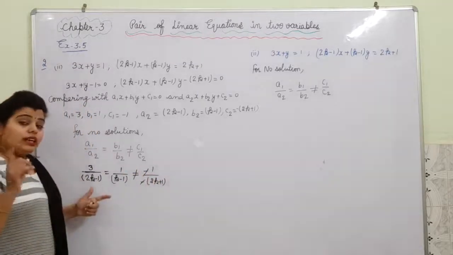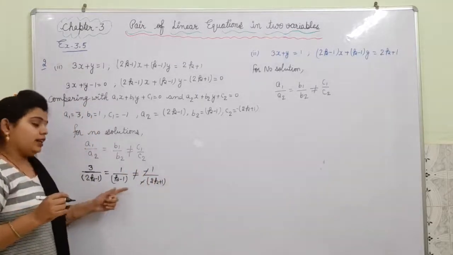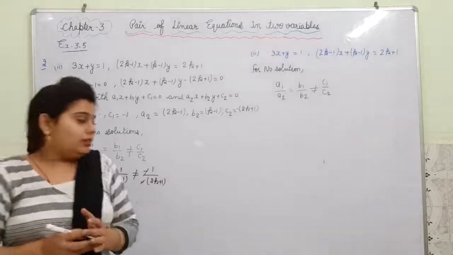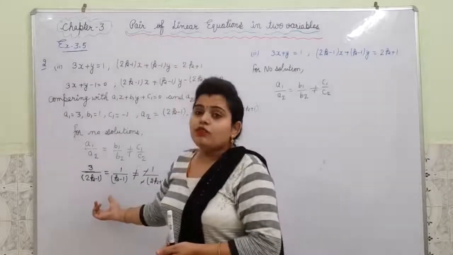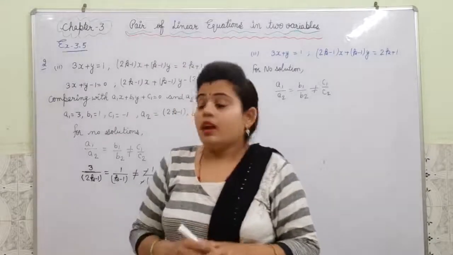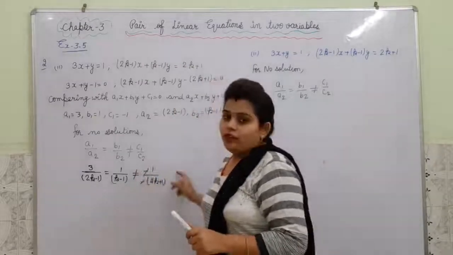Now dear students, again there are three parts, first, second and third, but there is a difference in this part. We can find the value of k using the first and second part only, and this third part is for verification.